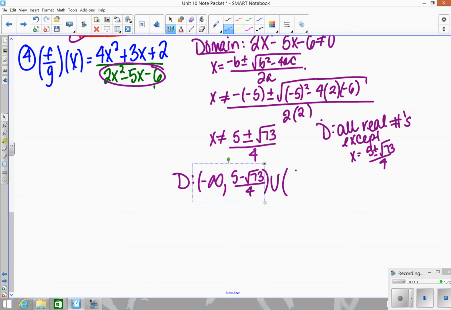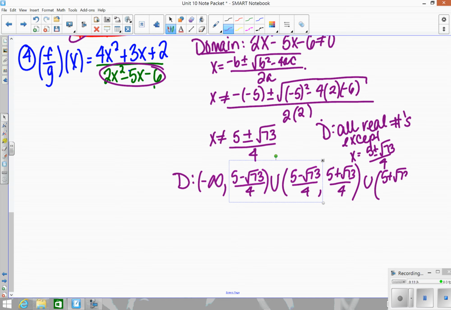Union. And then in between the minus 5 plus radical 73 over 4. Union. And then you pick back up 5 radical 73 over 4 to infinity. So again, if you picture it on a number line, you would have 2 of these points plotted, and you'd